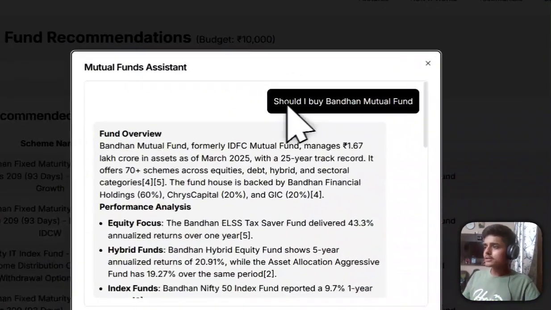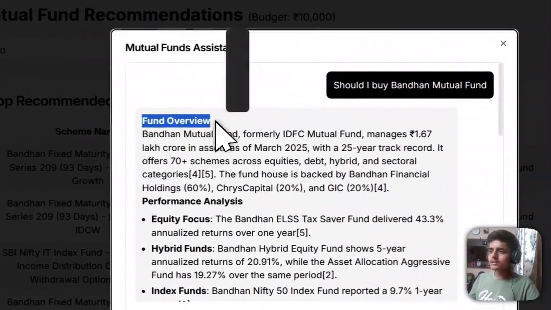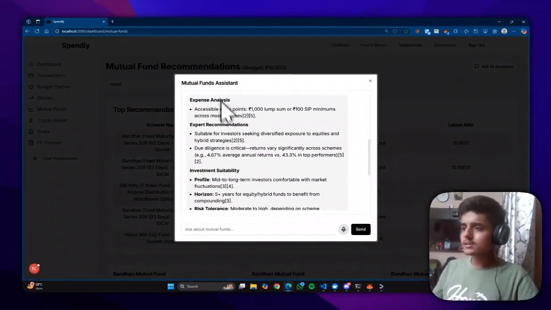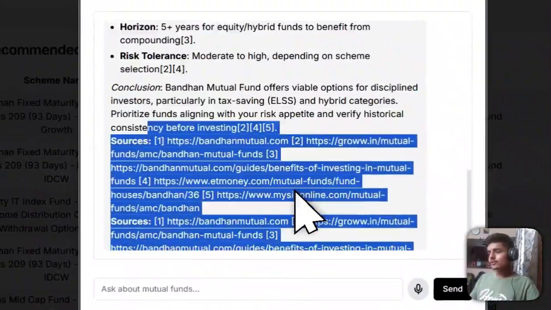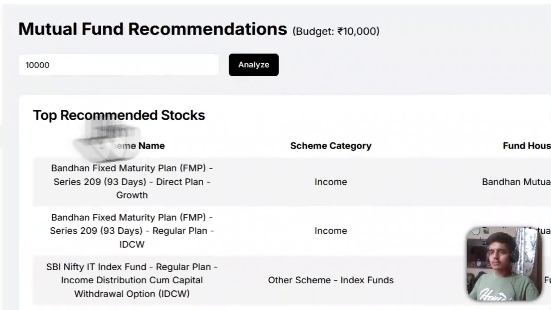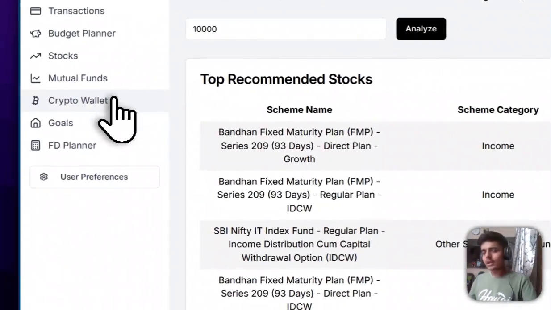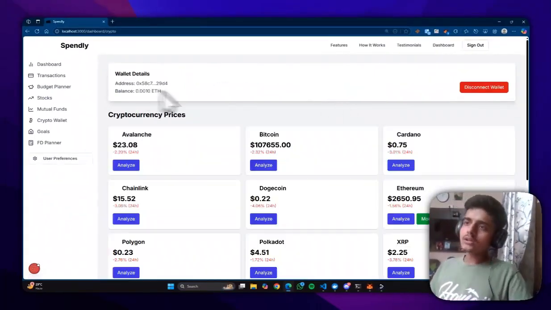So after passing the query to the chatbot, it has provided us the fund overview, performance analysis, expert analysis, and all those details along with the sources the information is being fetched from. Here also we are using Perplexity's model, and coming on to our last but not the least feature, which is crypto wallet,